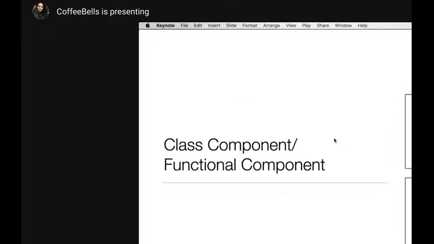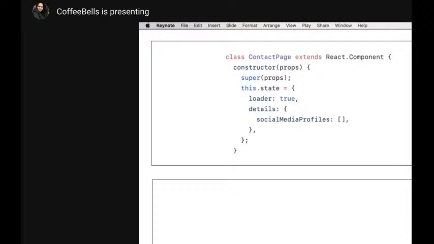So this is how a class and a functional component look. The one on top is a functional component, where it receives some props and then returns something, like a regular function. The second one you see is a class, which we will not use with hooks anymore. But we might have some components that we will have to change from class to function. In a class, we used to have a render function inside which we would have a return. That is one differentiating thing. Apart from that, previously you could not use state in a functional component. Now you can. And lifecycle methods, you can now use in a function. So let's go to useState.